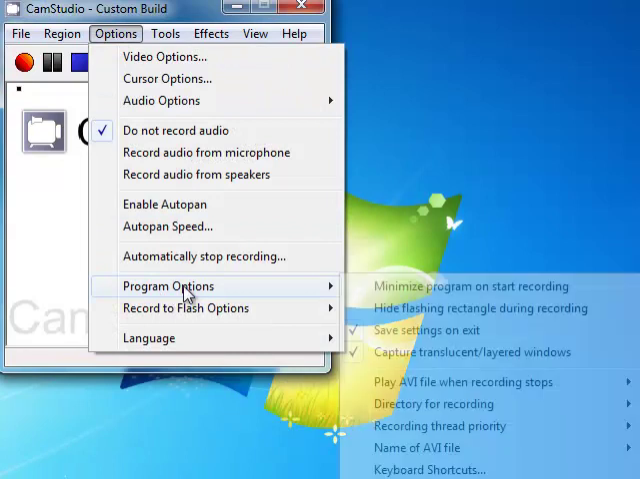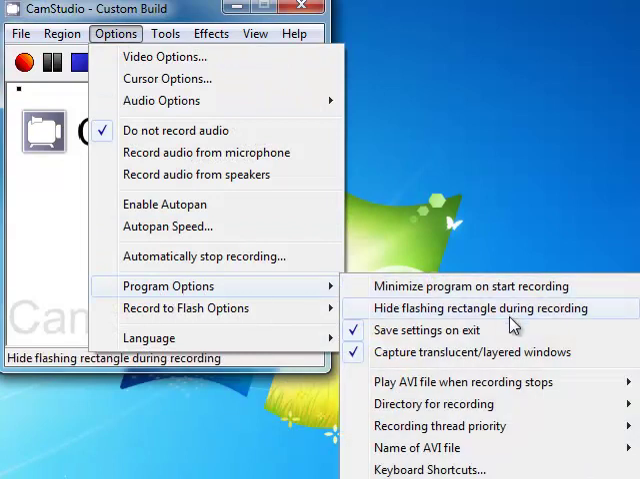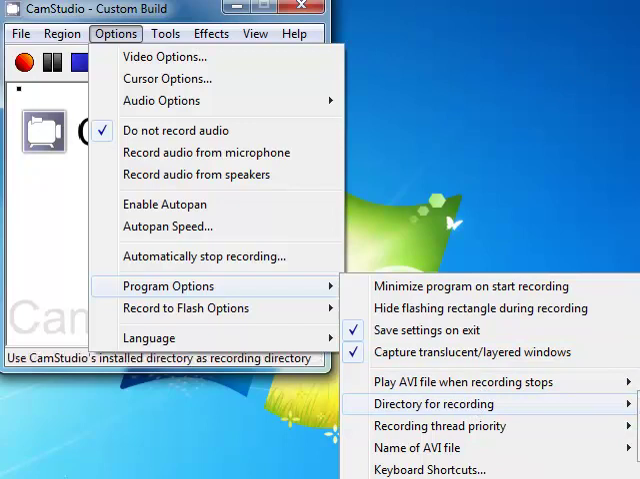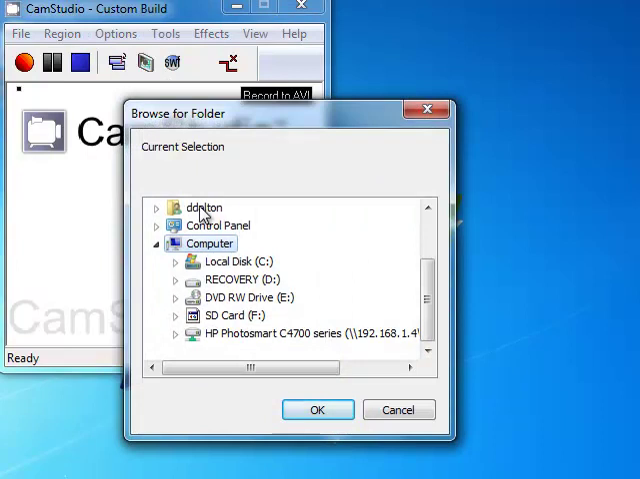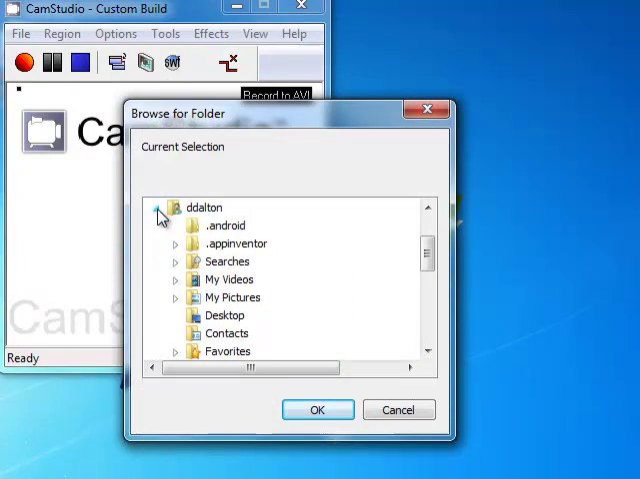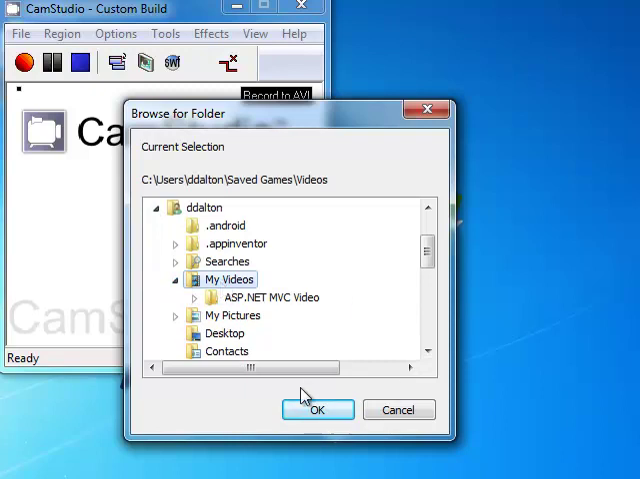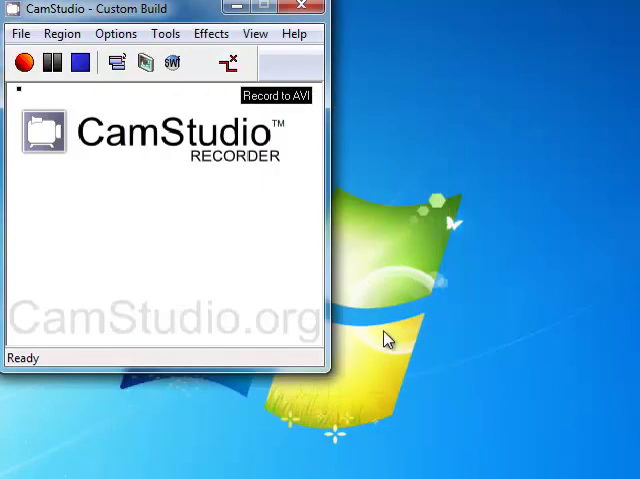Next, you want to go down to Program Options, and there's a couple of things here. You're going to go to the directory for recording and put in a user-specified directory, and then pick a folder or one of your libraries. I would put it under My Videos and choose that as your folder where you're going to store these videos